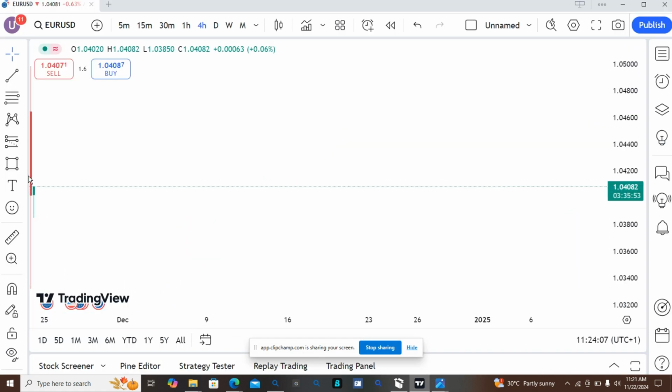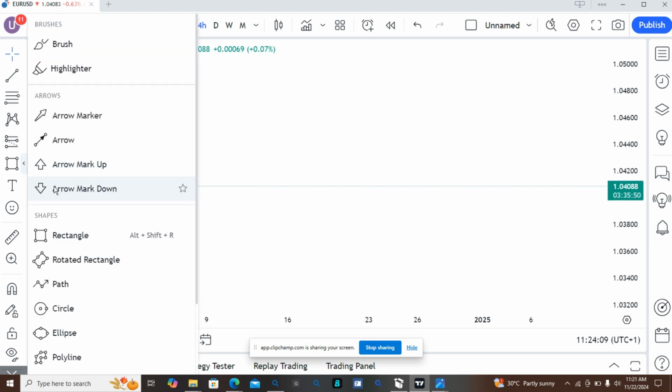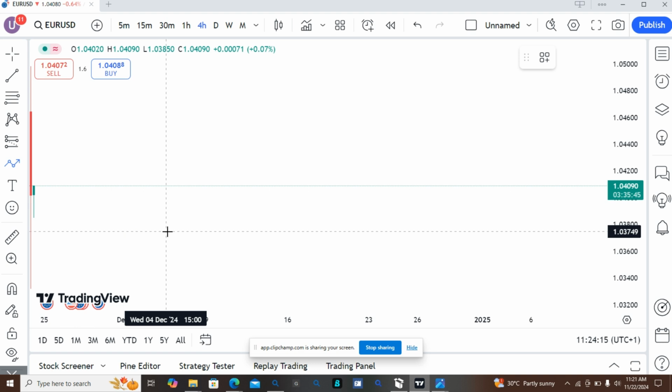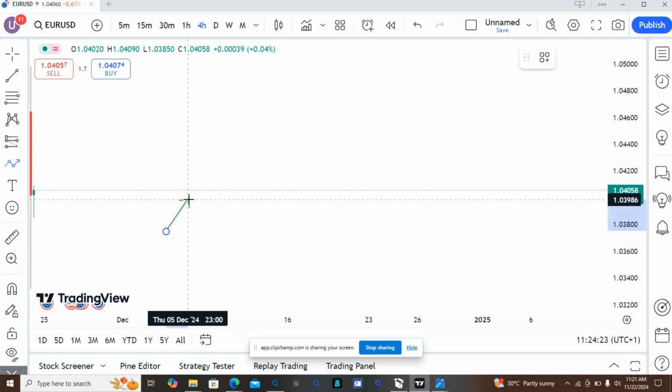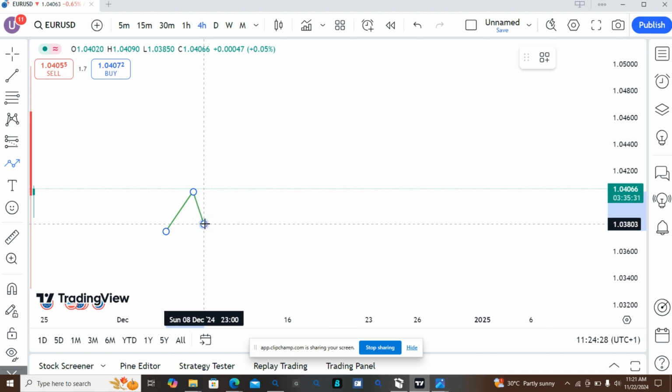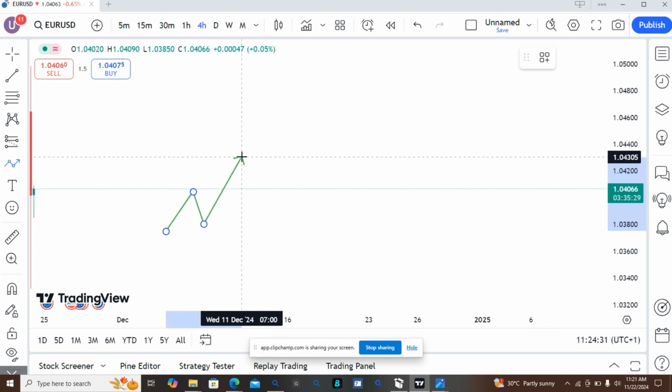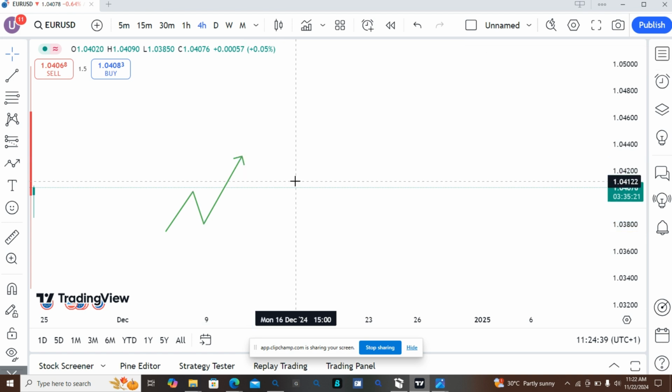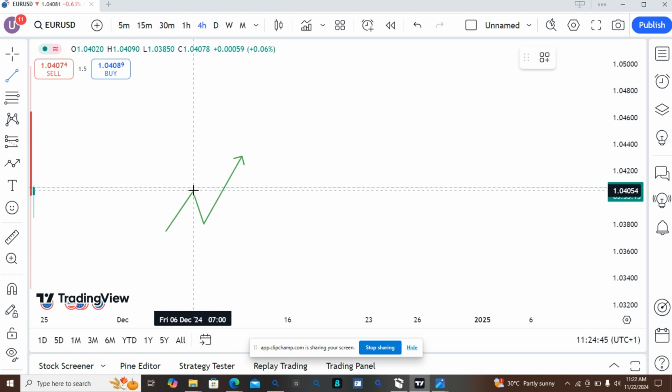So basically, a breaker block is simply a failed order block. That is a violated order block. Let me explain with a chart. When you come to your chart and price is moving upwards, creating a higher high and a higher low, and then a higher high again, now when price breaks a structure, let me show you what I mean. When price breaks this high, this level,